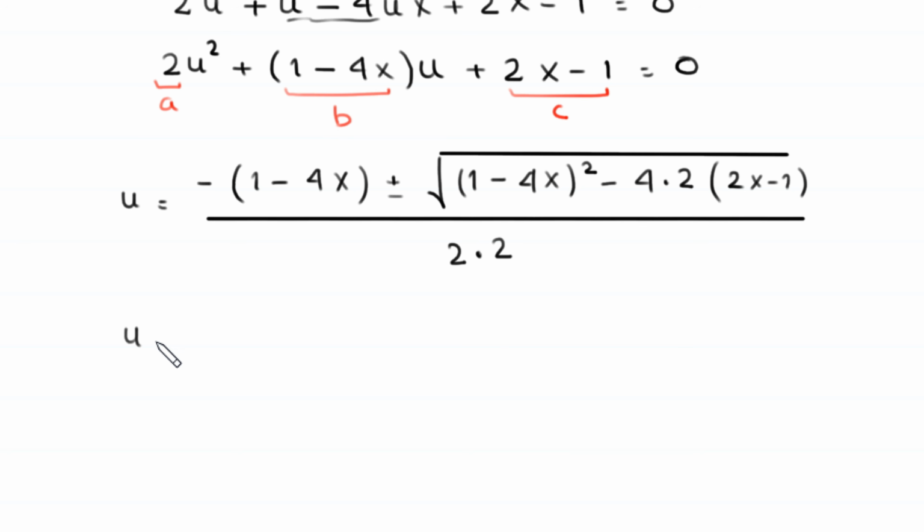Next, u equals negative times −4x, which becomes 4x, and negative times 1 is −1, plus or minus the square root of,